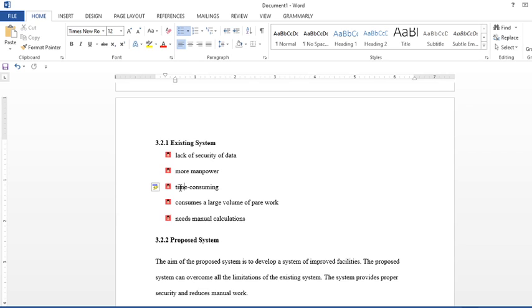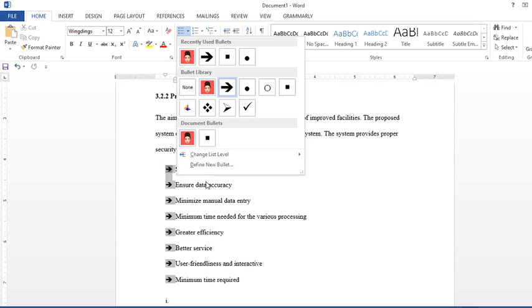So you can decide to format your bullet in any way you want, and then if you have any question, please